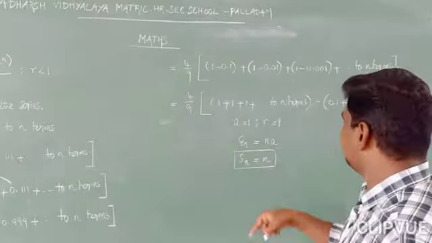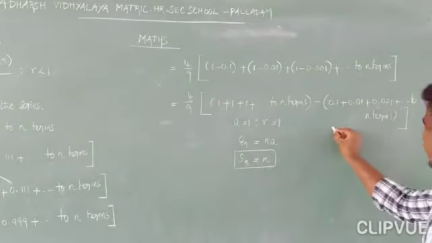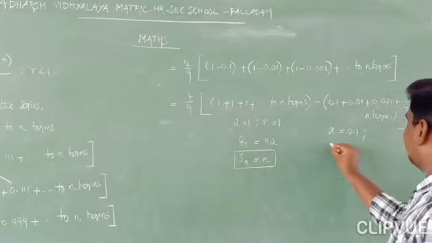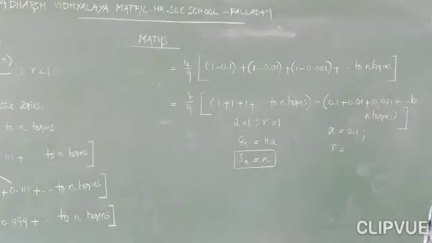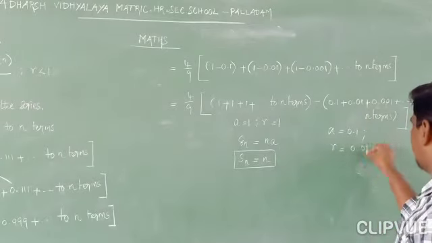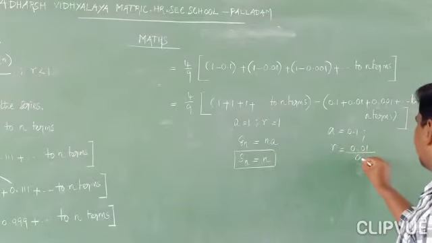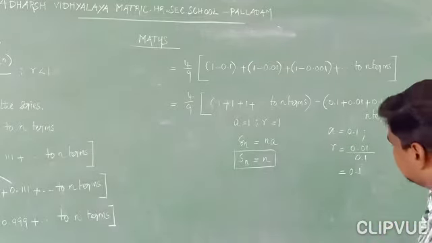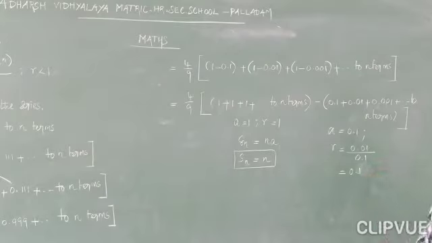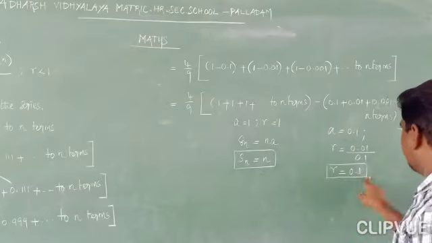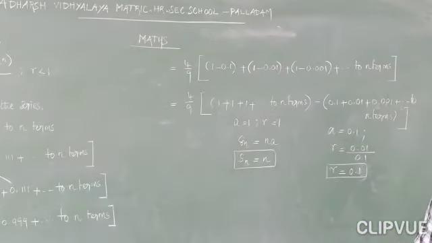And similarly, we are going to find the sum of this one. Here, first term a is equal to 0.1 and the common ratio r is equal to term 2 divided by term 1. You know that 0.01 divided by 0.1, if you simplify, you can get 0.1. If you have doubt, you can convert into fraction form, then you can simplify them. So r is equal to 0.1. You know that this is less than 1.